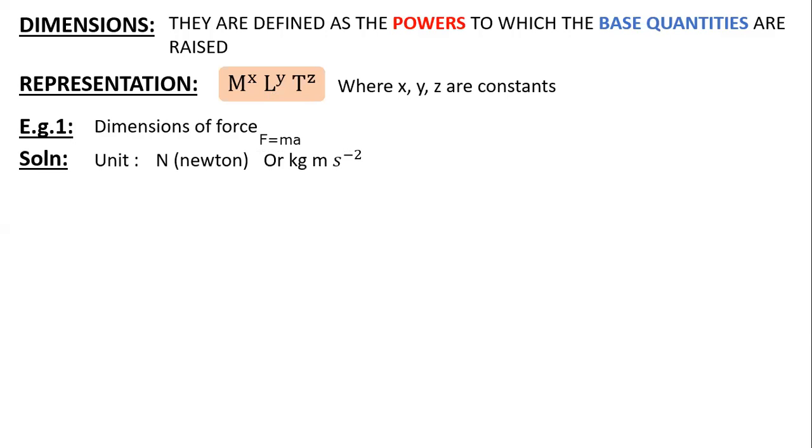So using this, we can say that mass is being used one time to define force. Length is also used one time and time is used two times, but the power is -2 because it lies in the denominator. This means the dimensions for force will be represented as M power 1, L power 1, T power -2. We can also write it simply as M L T^-2. Even if you don't show the power 1, that's correct. You can simply write it as MLT power -2. So both representations are correct.